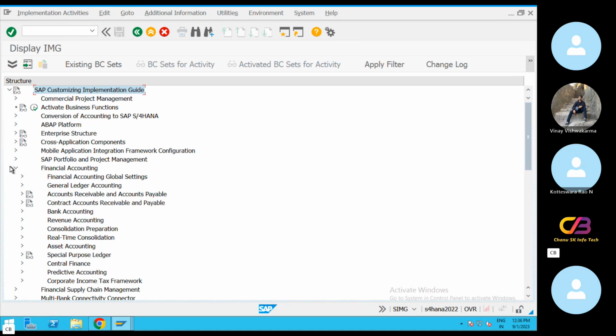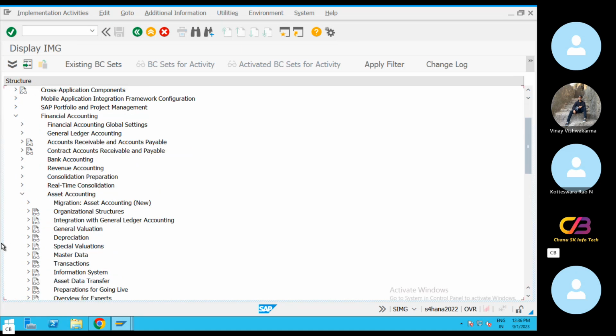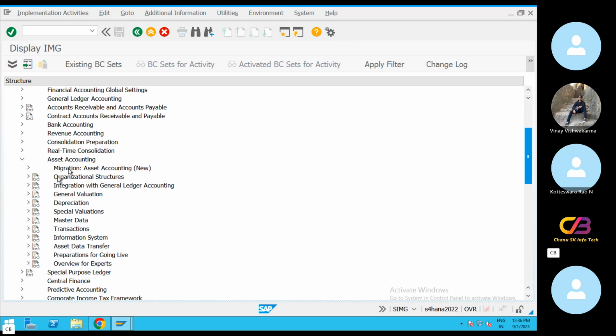SAP FI, financial accounting, asset accounting. Okay. Here you will see asset accounting, organization structure,